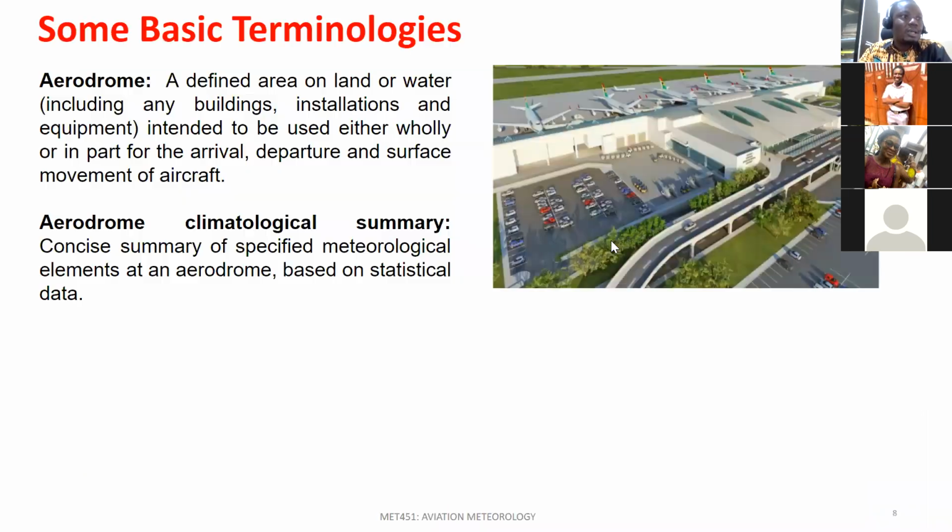All right. Okay, so we can move on now to the basic terminologies. So the very first one we look at is aerodrome. When we started, I talked of aerodrome. So when we talk of aerodrome, we are referring to the entire space, what we call the airport. Okay, the entire space. So an aerodrome is a defined area